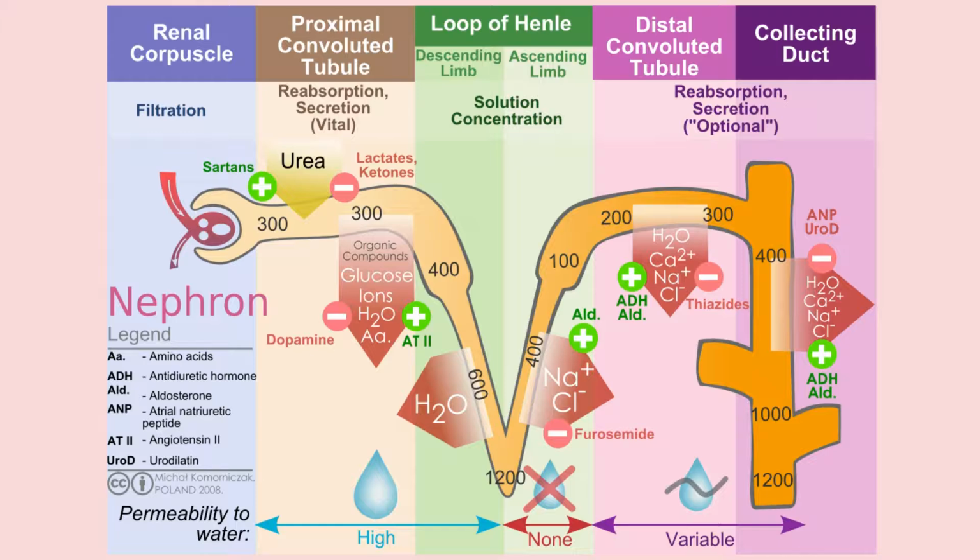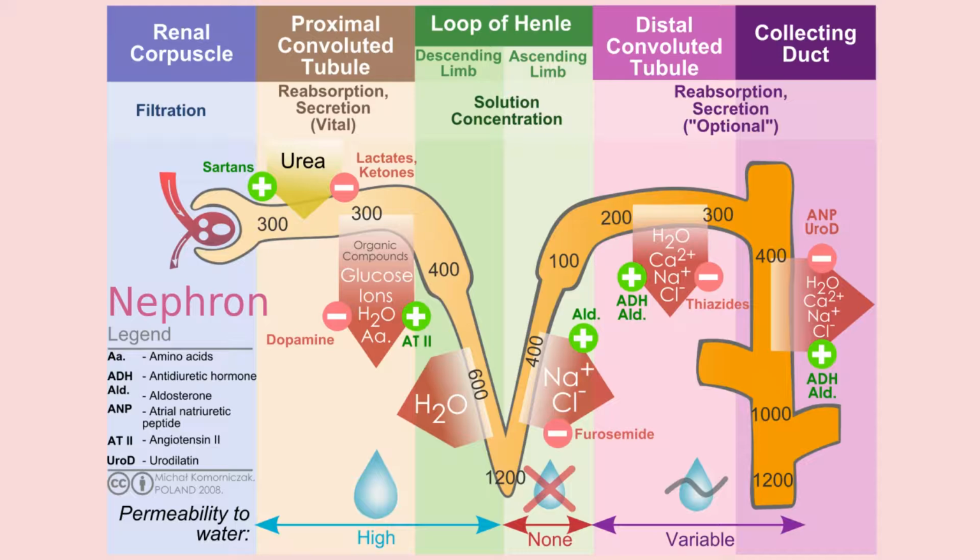And also remember that now the thick ascending limb of loop of Henle is not water permeable, so it can throw solutes out, but it cannot throw water out to make up for that loss, so it cannot equilibrate. So again it's going to become diluted because there's more water and less solute inside the thick ascending limb of the loop of Henle and moving towards the DCT. So again the urine becomes hypotonic.